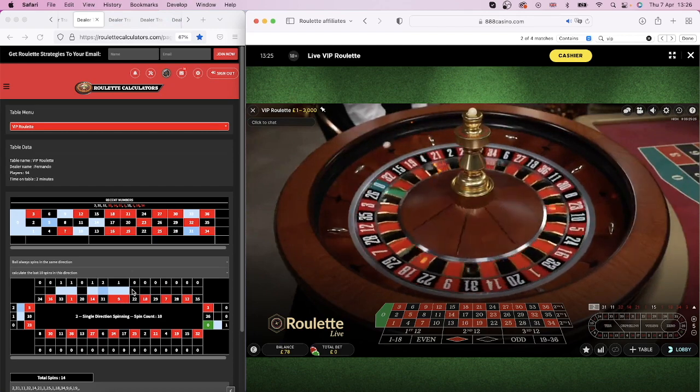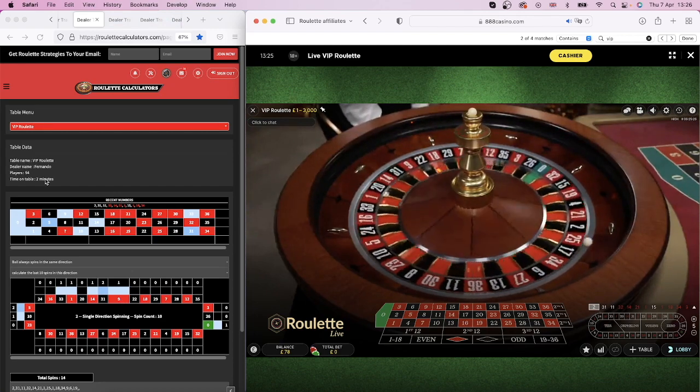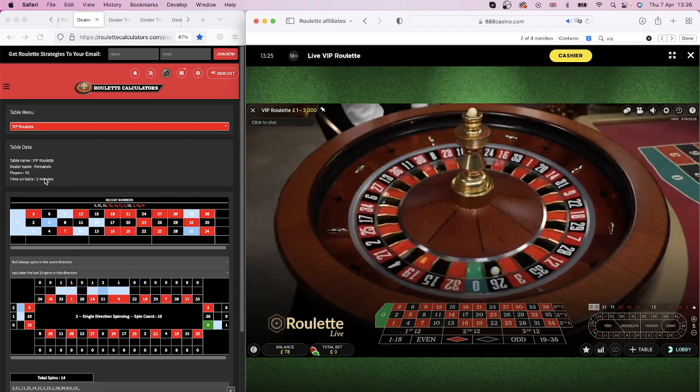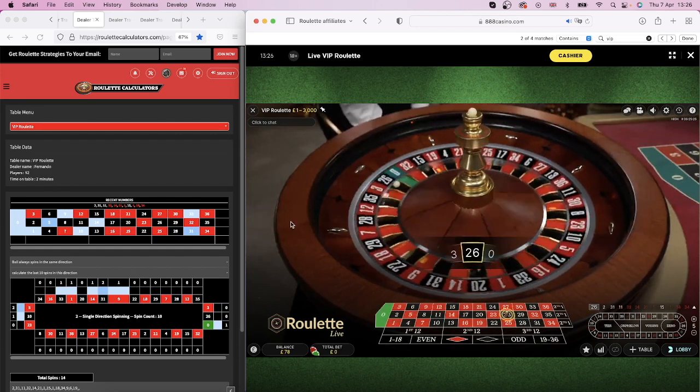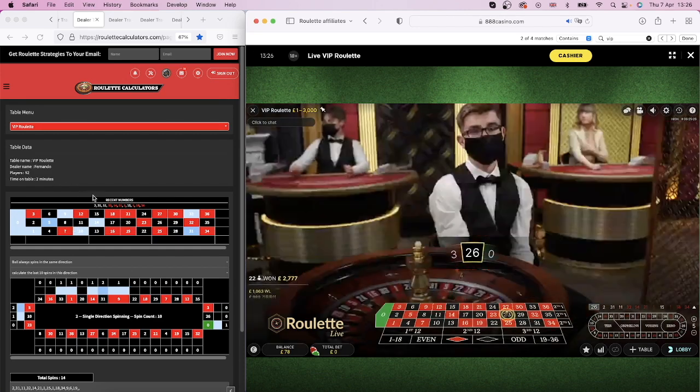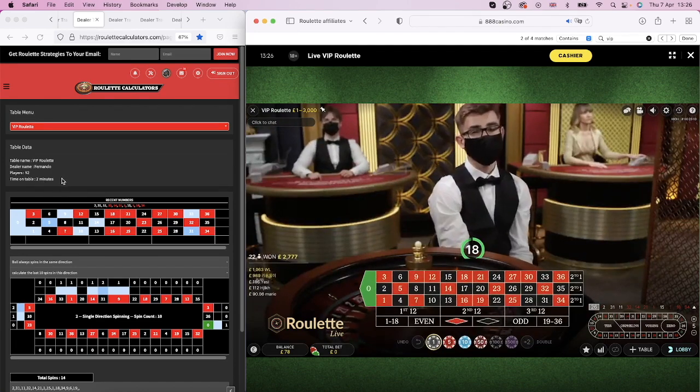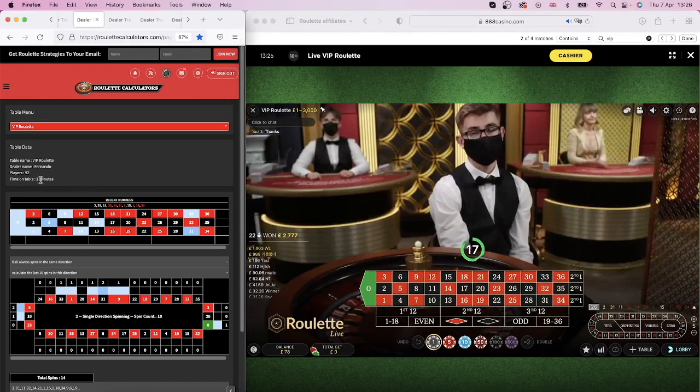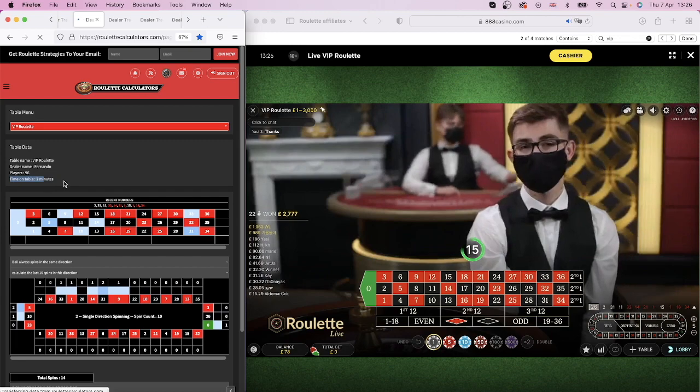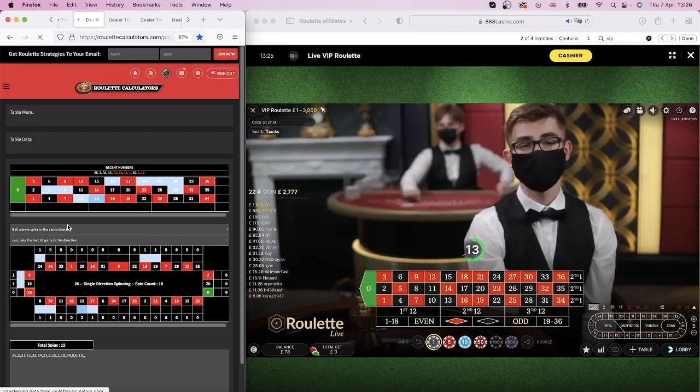But you know what? I think looking at that time on the table, 2 minutes, it looks like it has just been a dealer change. So I guess that was a dealer change there. So that's what I said, guys. Until this update is complete, make sure you keep an eye on the time on the table, because if you don't,